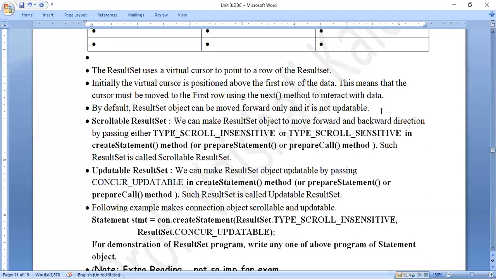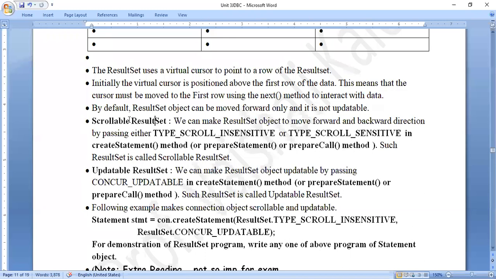But as you all know, sometimes in real-time applications, we also need to scroll to the previous record or first record or last record. Similar to your music player, we may have movements to go to the previous or next or the first and the last. So all these options will be available, but for that I will have to make some setting at the time of result set creation. Such result sets which allow us to scroll backward or forward, previous or next, are called scrollable result sets. So scrollable result sets are those which allow movements in all the directions.